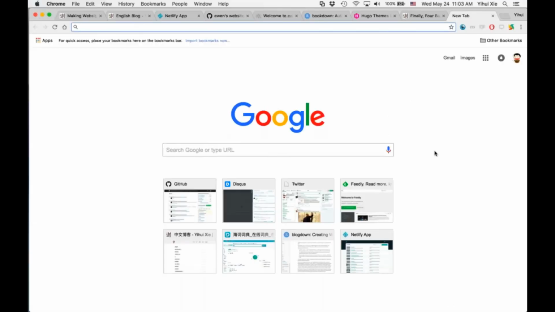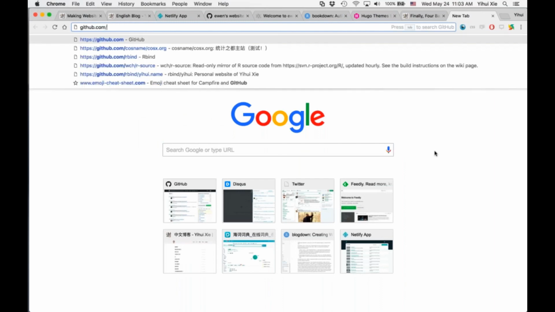I switched to Hugo. As I said, the main reason is that Jekyll was too slow for me, and I hated the dependency hell. For now, there's no support from me to write RMarkdown with Jekyll, but I did